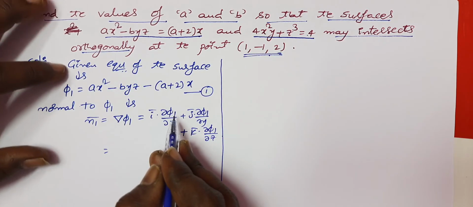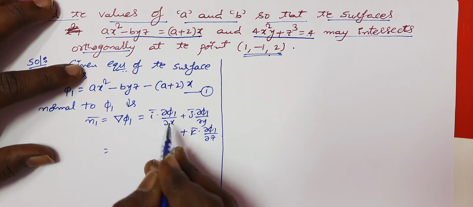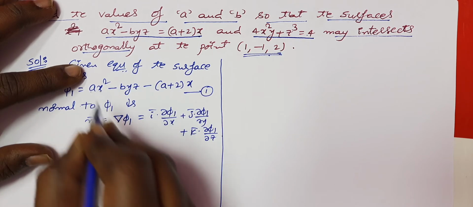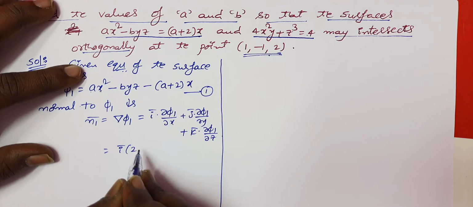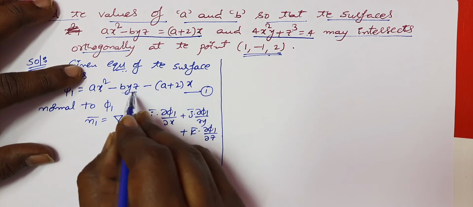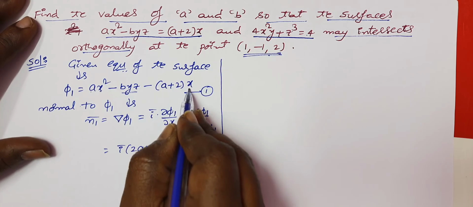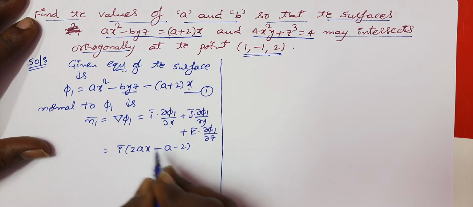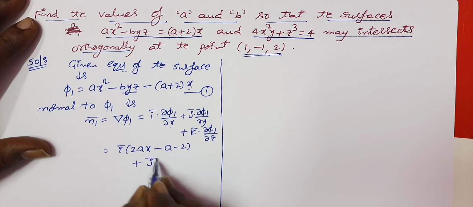So what is the partial differentiation of phi 1 with respect to x? i bar into, it is 2x. 2x into a, so 2ax minus, this becomes 0. Derivative of x with respect to x is 1. So you will get minus a minus 2, which is the coefficient of i bar, plus j bar into,